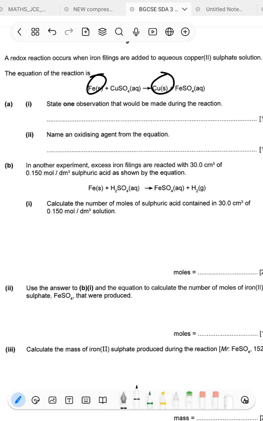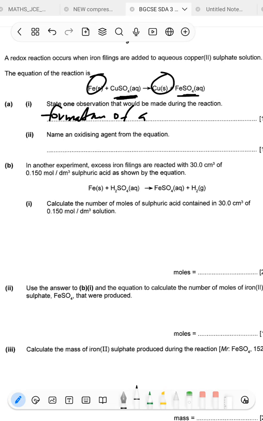But if there is a color change, then you can say that that is going to be the observation. And then the other thing, you look at your solutions. Now the solution color of copper 2 sulfate is not similar to the solution color of iron 2 sulfate, so you can comment on that. Okay, so those are the two main observations that we have. So we'll start with the solids there. So iron filings are more silver colored, and then copper is more pink brown. Okay, so we can just say formation of